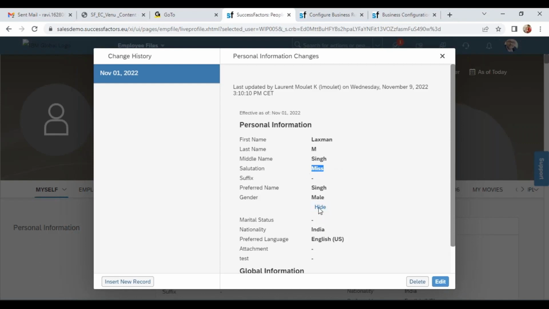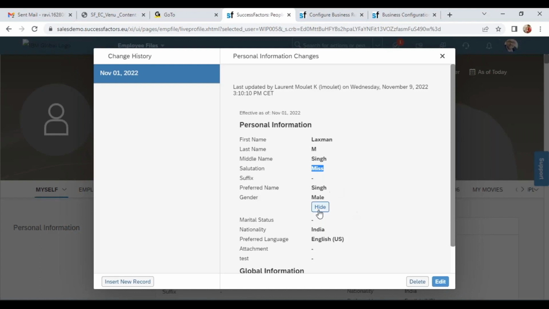So system should not allow me to have this combination, male and miss. It should be Mr. It should not be miss. Now I don't know whether miss is wrong or male is wrong. Right. Maybe user has selected this gender by mistake, they have selected male instead of female. Then salutation is correct, but gender is not correct. No, user has selected gender correctly, but not salutation. In that case, you have to